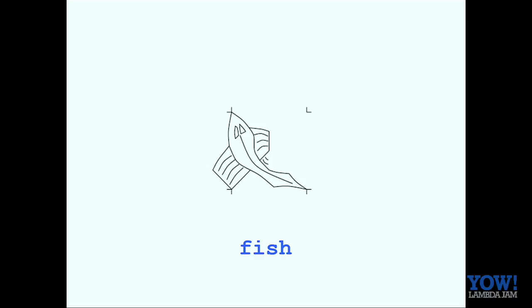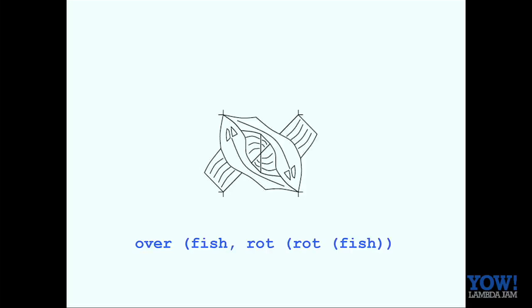And he wanted to work with combining forms for putting pictures together, like this one. Here I'm using an overlay operator to overlay the fish with a double rotation of itself. Rotation here is by 90 degrees, so this is a 180-degree rotation. So now we've got two fish chasing each other's tails. That's nice, isn't it? And it turns out that this fish is very cunningly designed so that it can fit together with itself in more than one way.